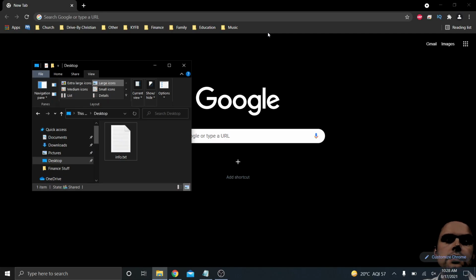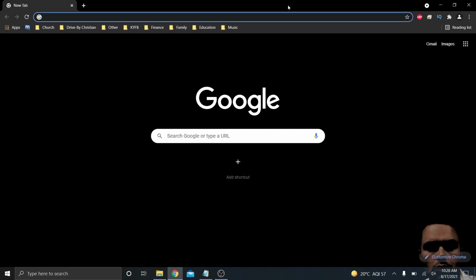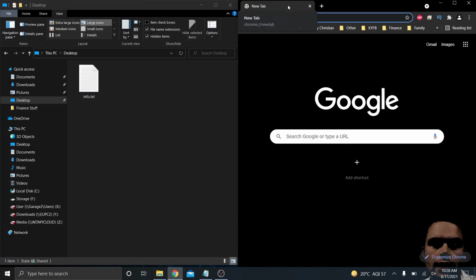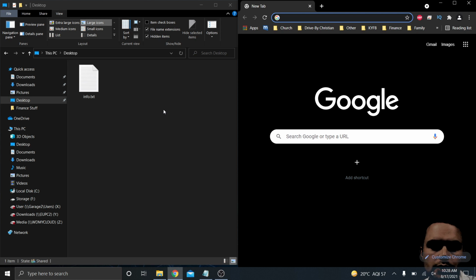Next cool feature is using the Windows key to split your screen left and right. So if you have a window open and you click on File Explorer here, hold Windows key and press the left arrow, it splits that window to the left. And then my browser, hold the Windows key, press the right arrow, and now just like that, I have a split screen where I'm able to work on both of these windows at one time just by using that quick